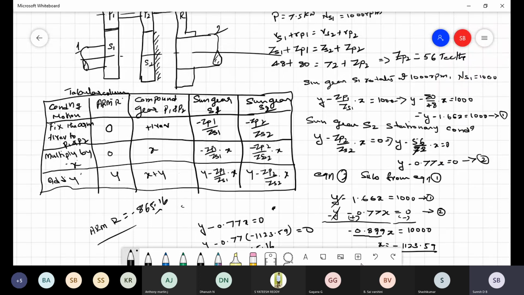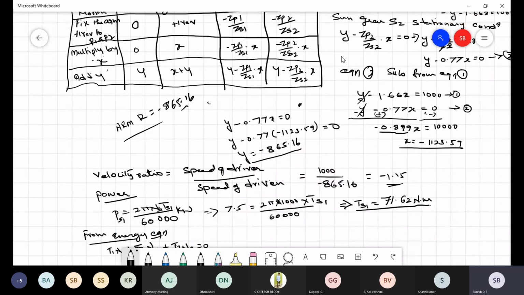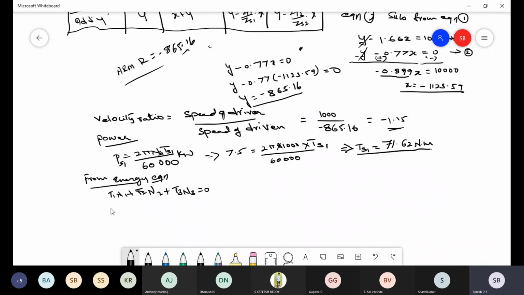In this train mechanism, S1 is the input torque, R is the fixed member, and S2 is the output torque, because the power is transmitted gear to gear. Here you can consider S2 as the fixed member and the output torque as R. In place of T1 you substitute the input torque TS1 into NS1, plus in place of T2, S2, the fixed member. The output torque is TR into NR.